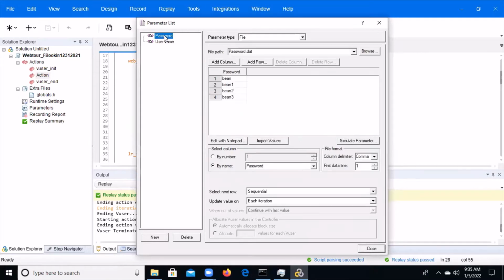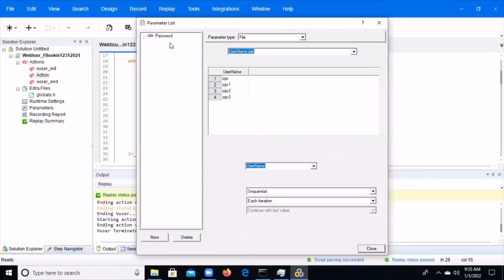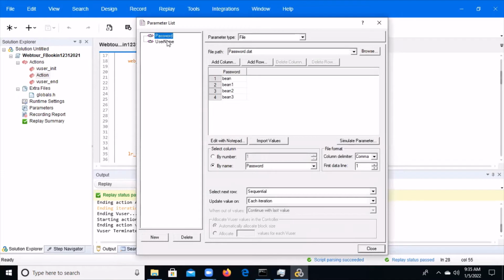We have done this only for the parameter list, username and password. That's why it shows what values we have done. As of now, we explained all these things: sequential, random, unique, each iteration and each occurrence, and once. Now we have one more option, that is the same line as some